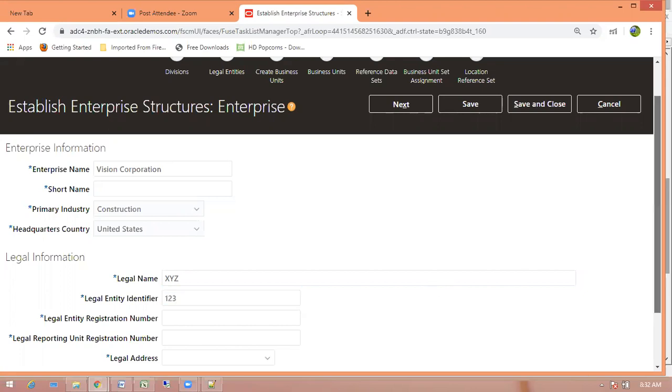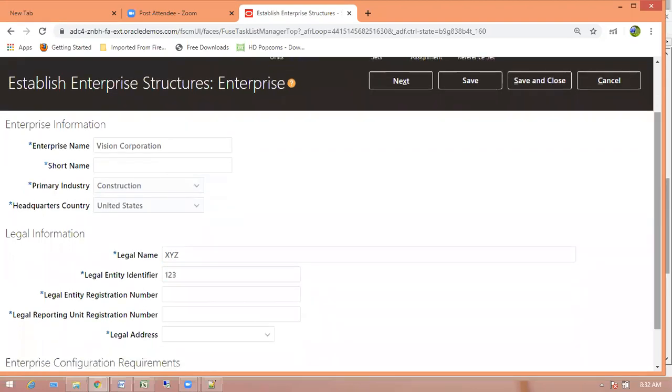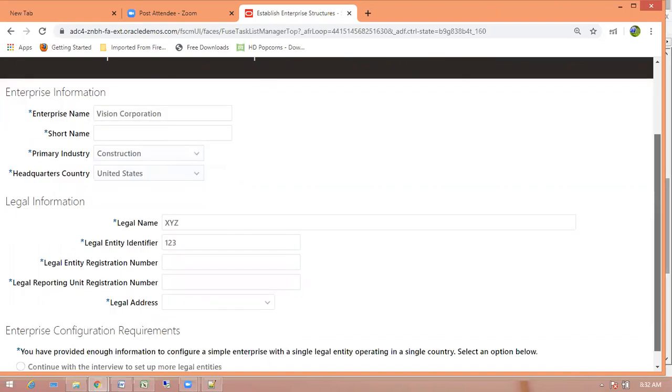But this one is also good for the guided flow. If you want to show a little bit, it all depends on the requirement. If you want to see the basic setup, how you are going to create it in Fusion, then you can immediately go to the enterprise. So this is for quick setup, right? If they want to see something, you can use quick setup and show it to them. This is how it will look. So here you can provide the legal address.